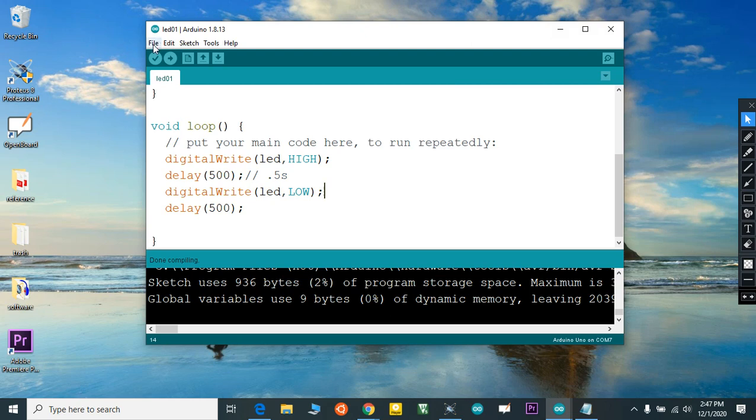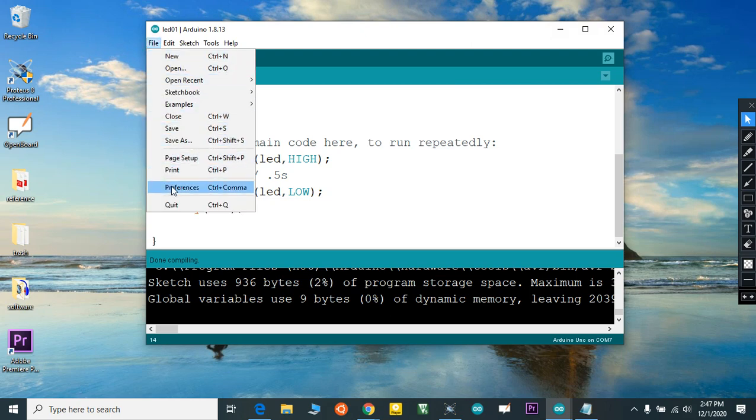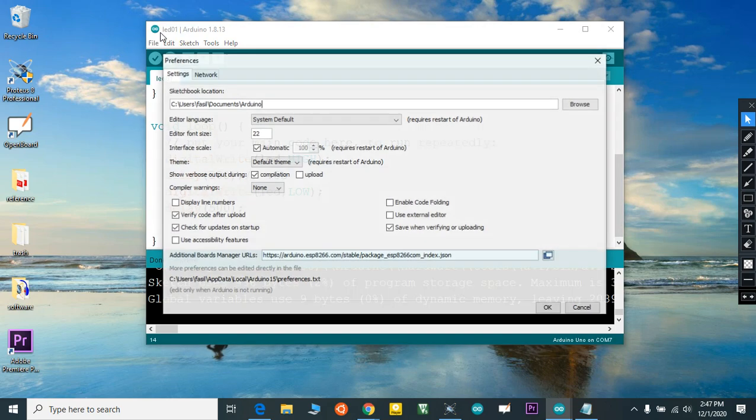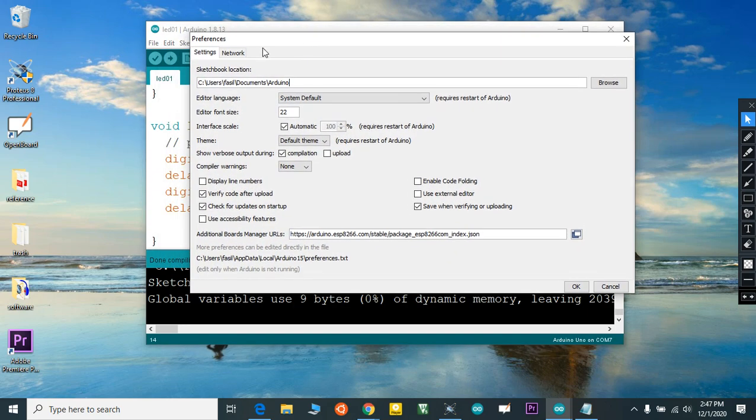In your Arduino IDE toolbar, file, preference. There is a preference window that opens. Here you can set this tick, show verbose output during compilation. You need to follow this step to show your hex file, or else it will just show completed, not showing your hex file. So if you want to show your hex file, you need to first enable these settings.